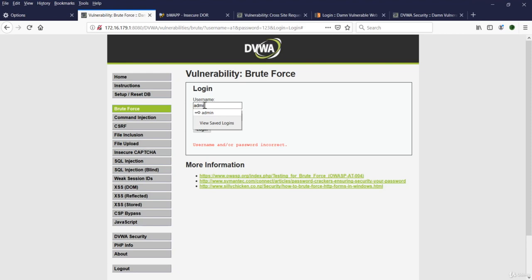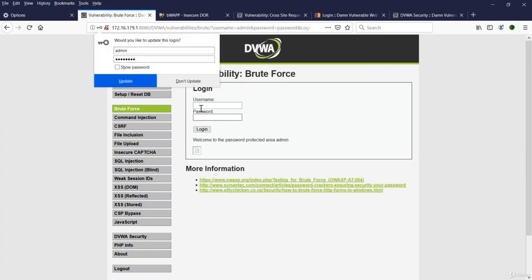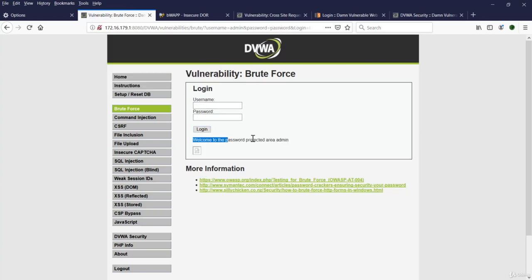Now let's check it again. Voila! We have successfully been able to brute force this login